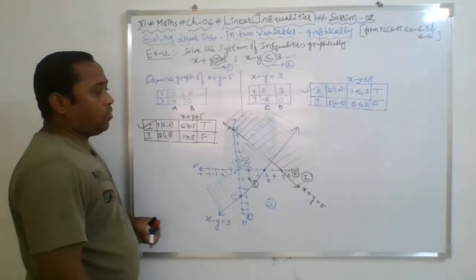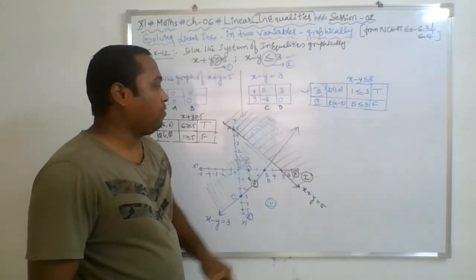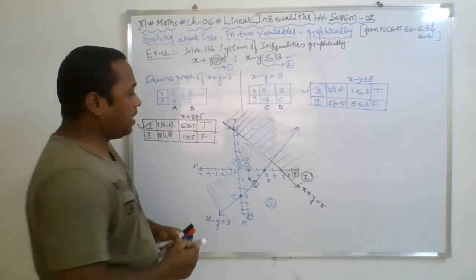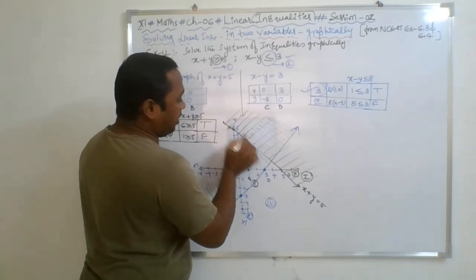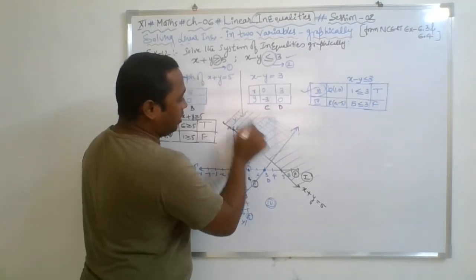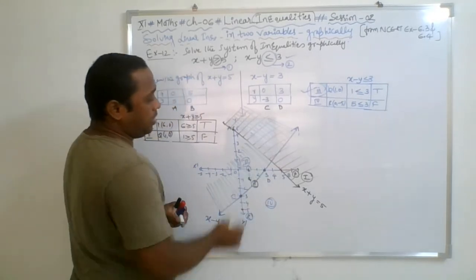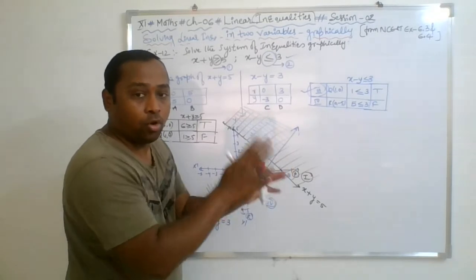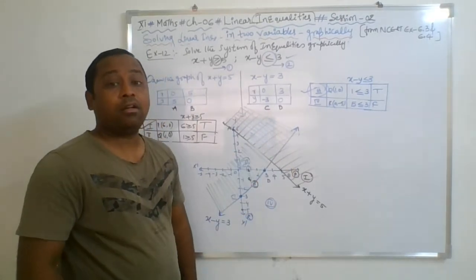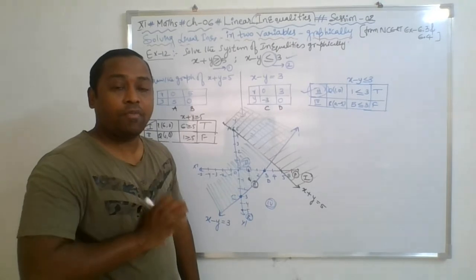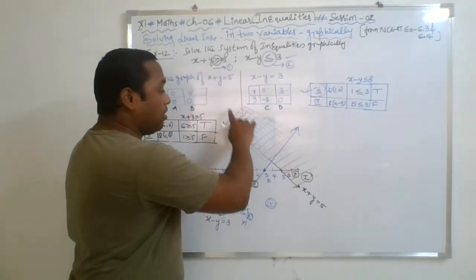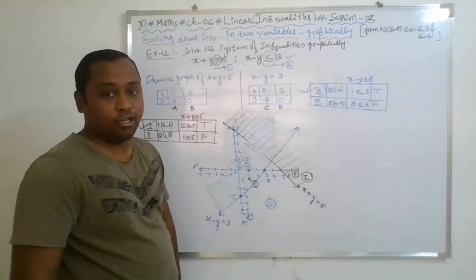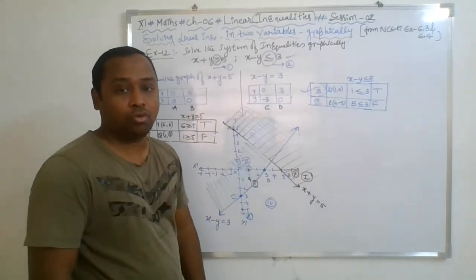Right? Now, how to say which is the solution one? Always keep a proper shading. Now look, what is the solution region for the graph? What is the final common region you are getting? Look, this is the double cross, meaning where red and green both have mixed. That is what we call the required solution region for both the inequalities. You need to take the common area as the solution region.